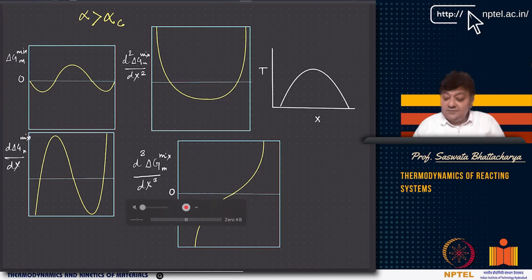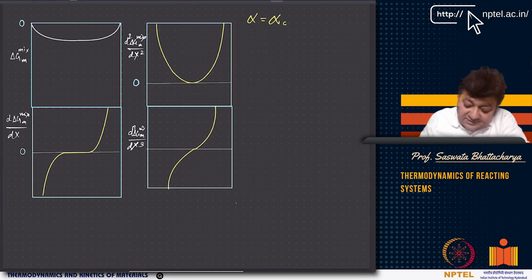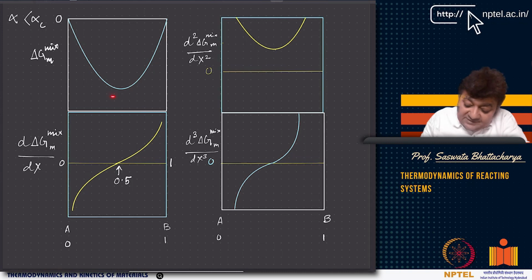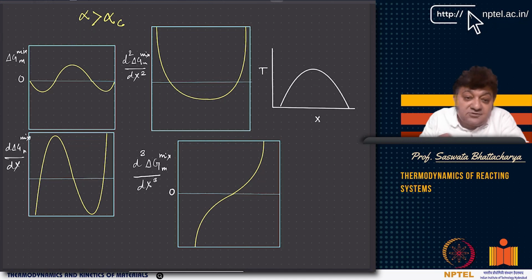So we have so far looked at the spinodal curve. We looked at the double well potential, right? At lower temperatures we got a double well potential, but at higher temperatures we basically got something like this, a homogeneous solution.